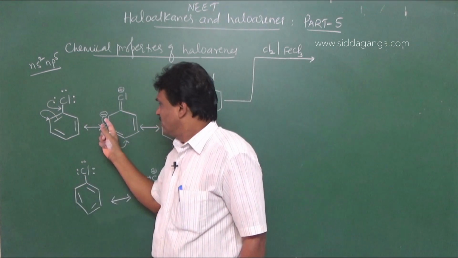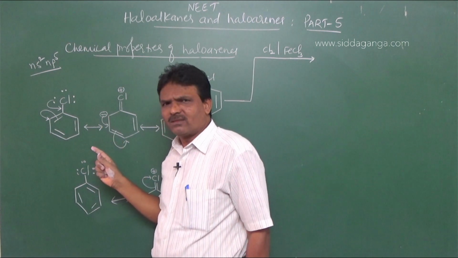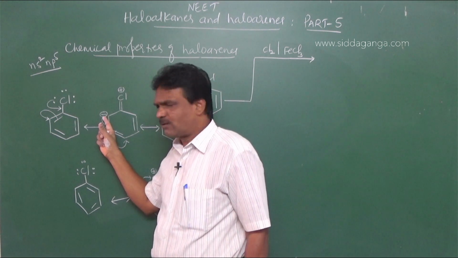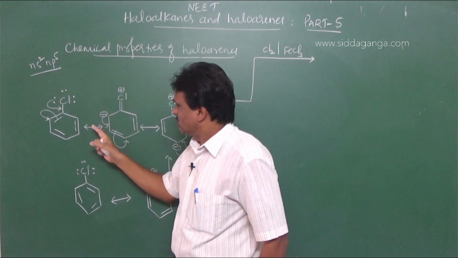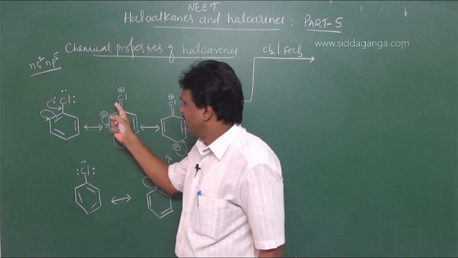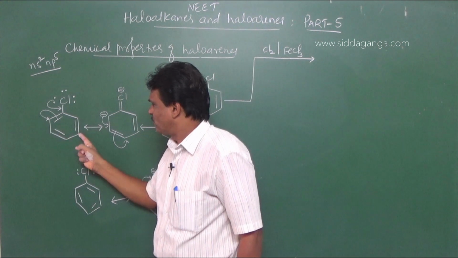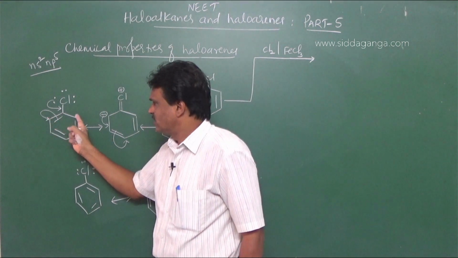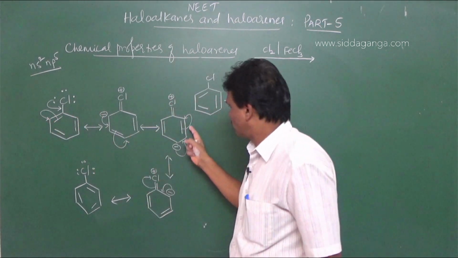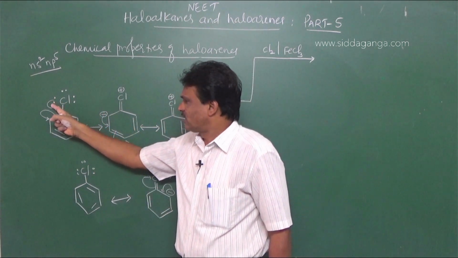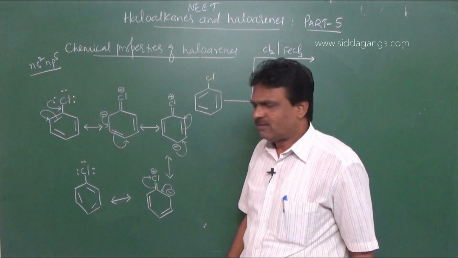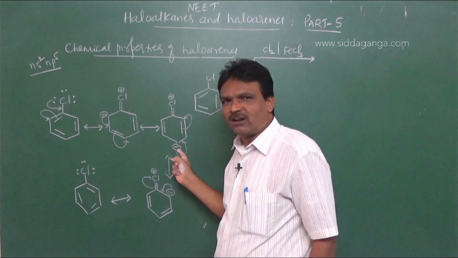the ortho carbon atom with respect to chlorine, this is the second carbon atom, then this is the 6th carbon atom. So if the numbering starts from 1, 2, 3, 4, 5, 6, these are the 2 adjacent positions. The adjacent positions become rich in electrons. Note, when electron resonance is involved, ortho positions become electron rich, and also the para position is electron rich.